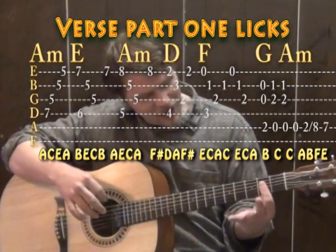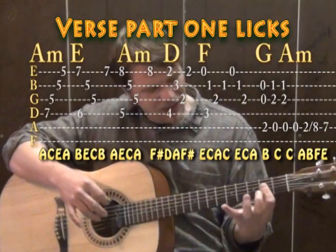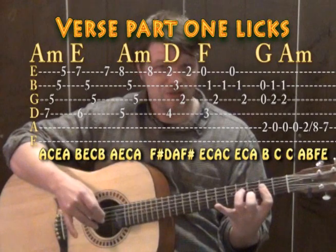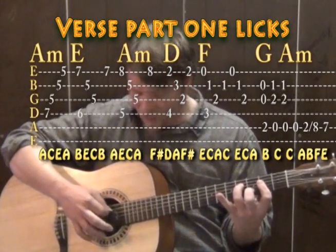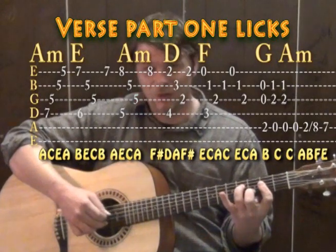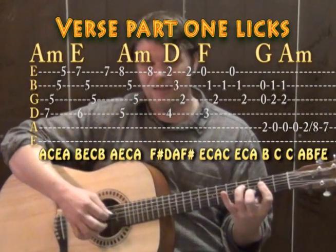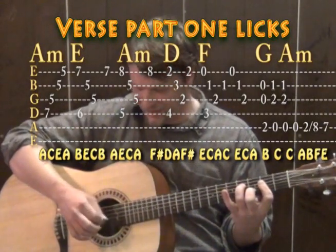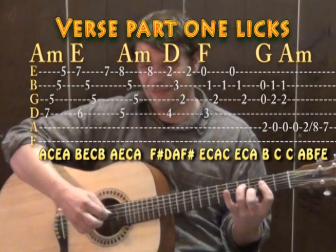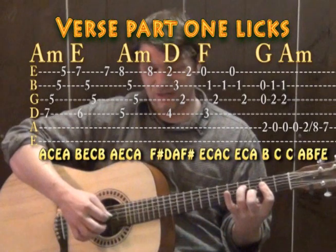And so you take the bar down to the 2nd fret over the D, G, B, and E, 2nd finger on the B string on the 3rd fret, 3rd finger on the D string on the 4th fret, and now you're playing the 4th fret on the D string with the 2nd fret on the high E at the same time, and then going 2nd on the B, or 3rd on the B, 2nd on the G, and then back to the high E string. So you're doing D and high E together, and then B string, G string, high E string,